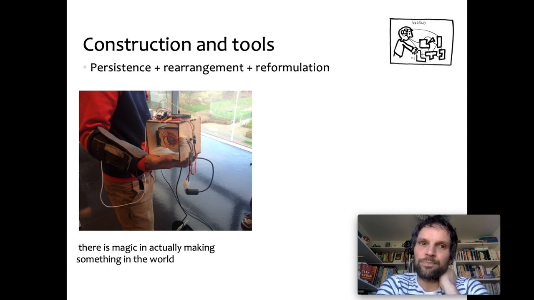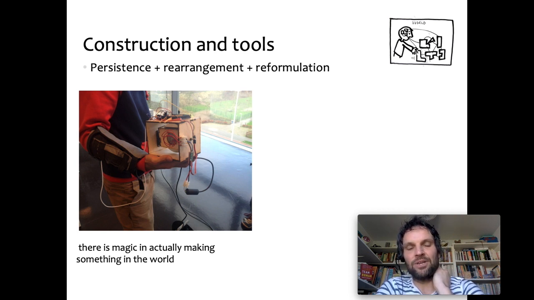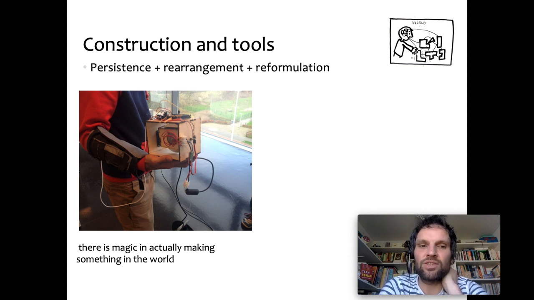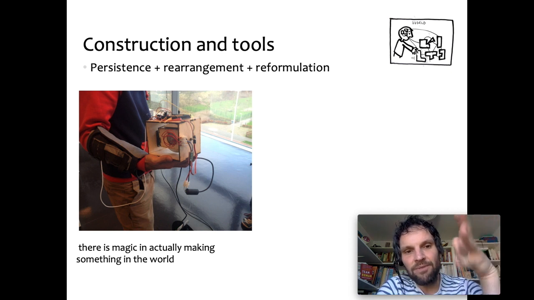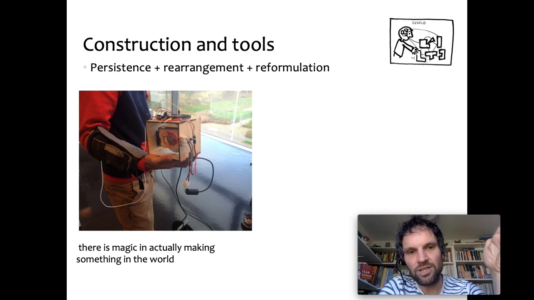Now, what he says is there's some kind of magic in actually making something in the world. I don't know if magic is the right word. He was maybe very impressed by how it works. But you could say it's actually just a combination of these three things. If you make a prototype, and you make prototypes not as the final expression of your process, but as part of the thinking process, right? So as a designer, you're prototyping, making iterations of prototypes in order to get more clear on what you actually want to do and how you're going to do it.